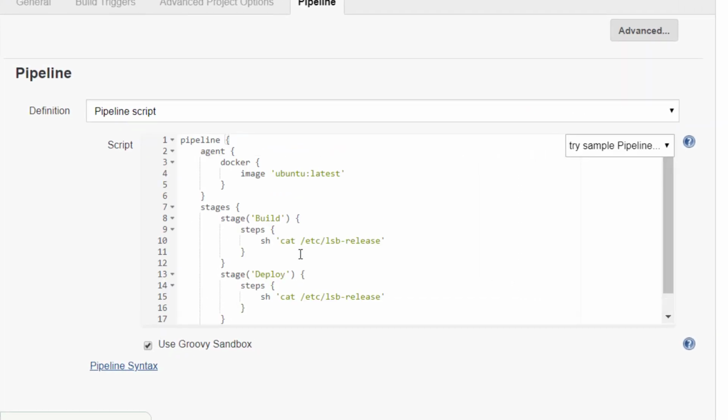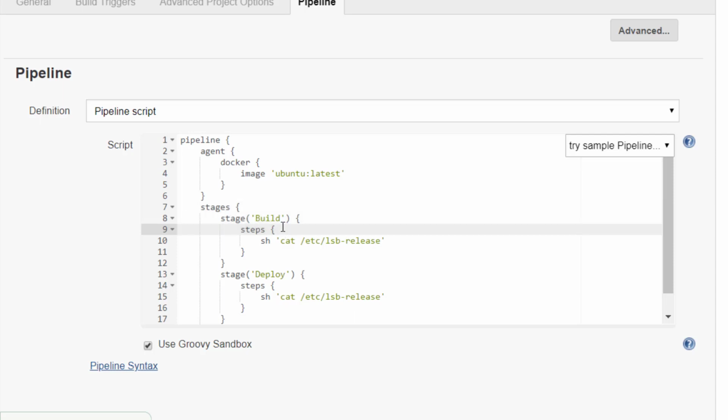You can see that I'm creating a pipeline where, inside the agent, instead of defining the agent name, I'm just defining the syntax as docker and the image as ubuntu latest. In this case my agent is going to create a container, and that container is going to be the Ubuntu base layer. Inside the stage it is going to use the same Docker container.